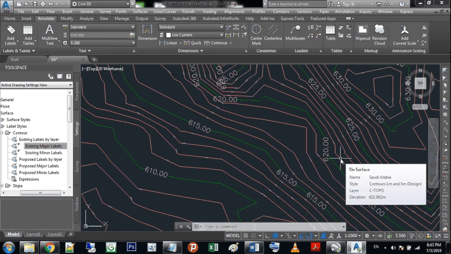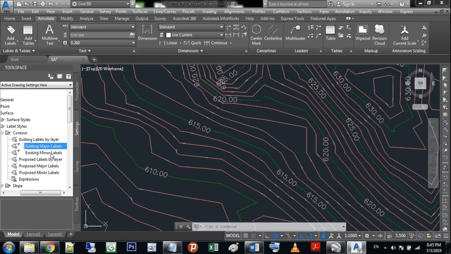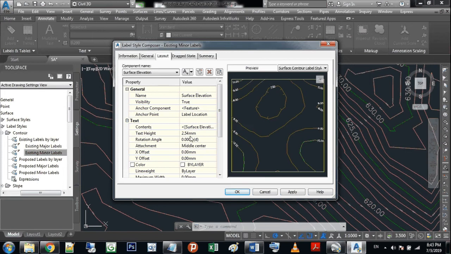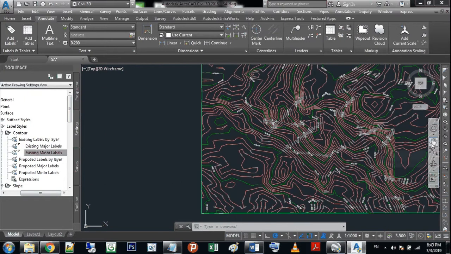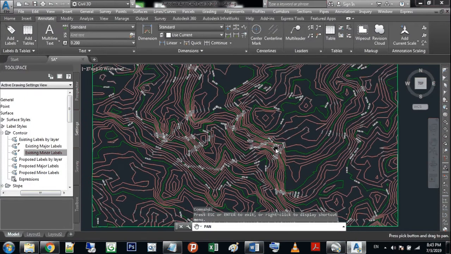So what about the minor ones? You want them to be bigger? Okay, hit on this one, existing minor labels. Okay, let's make them 10. And okay. Oh, you see the difference now, yeah? So basically you can control the text height of contour lines elevations, and by this point we are done about